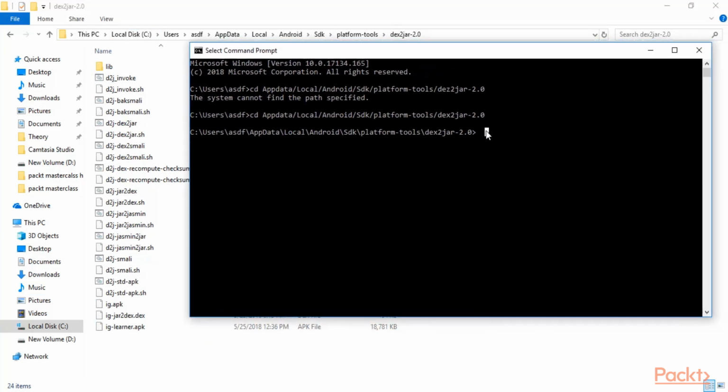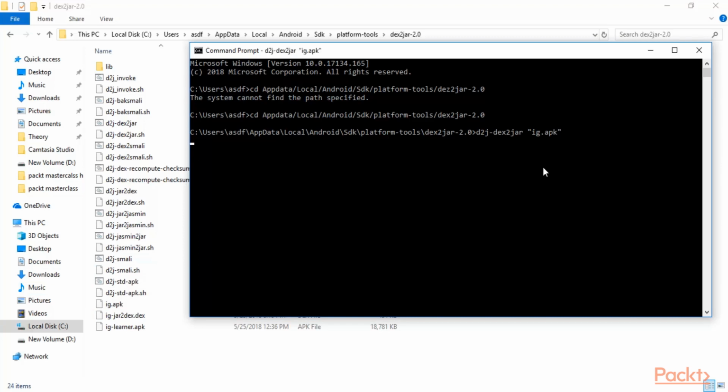So simply you can type here d2j-dex2jar space. Inside double quote you can type the name of APK file. If your name is iglearner.apk, type here. Mine is ig.apk, so I can type here ig.apk. So I hope it will convert into this jar file.